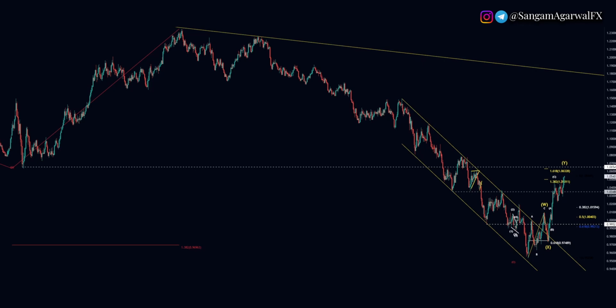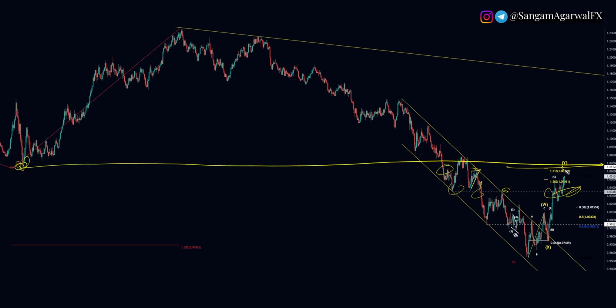First of all, EUR/USD daily time frame. Last week it broke this support level, and now it is ready to retest this resistance, because that was the low which was made during the coronavirus market crash. So this is your next key resistance level, and at this resistance level we could get a short term selling opportunity.